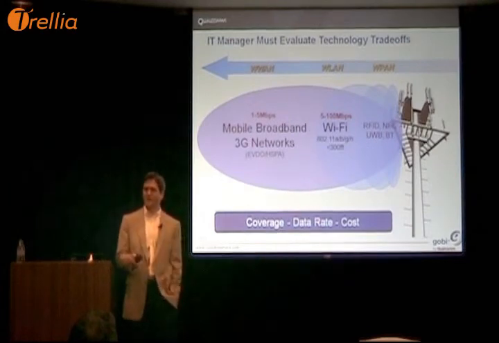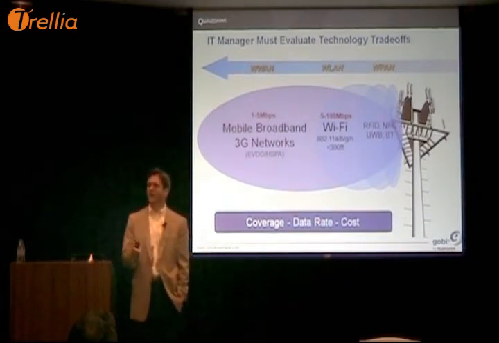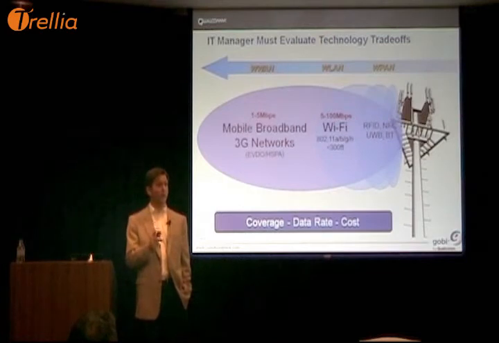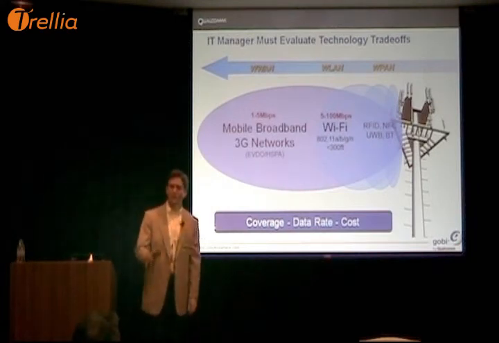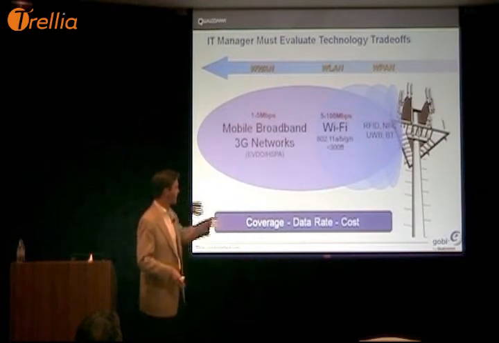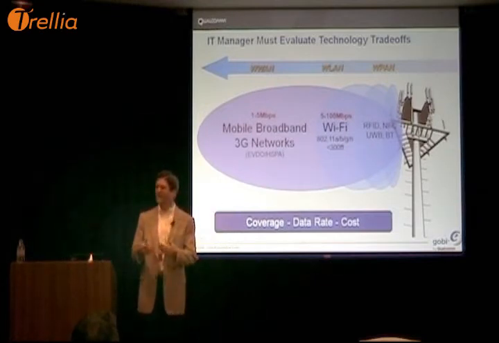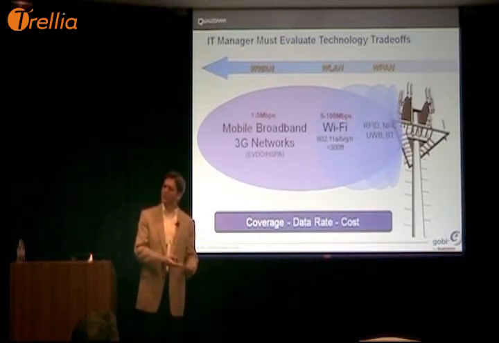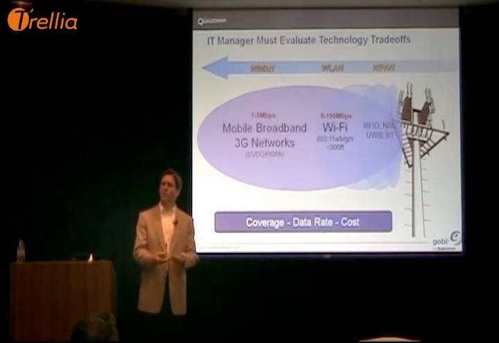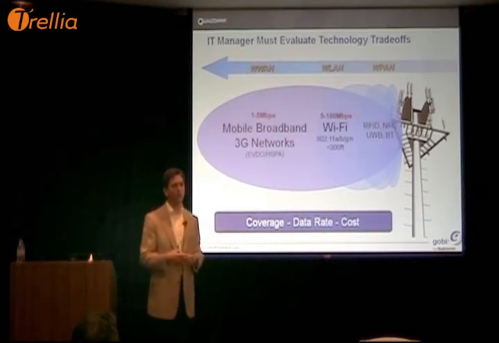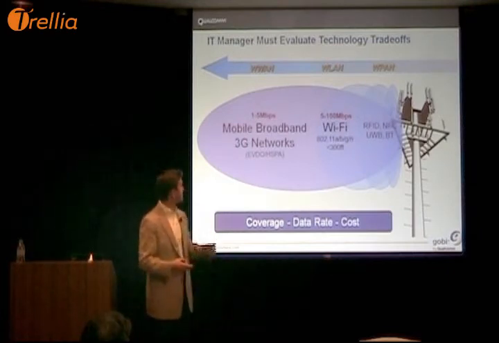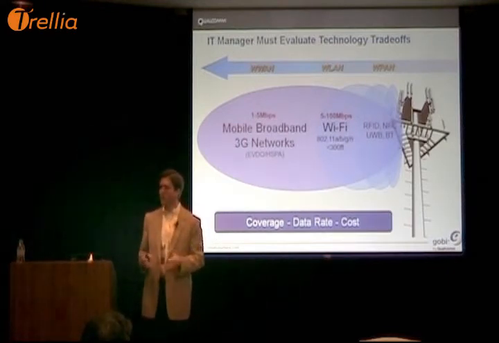The second trend I wanted to talk about is 3G becoming the choice for mobility projects. Historically, 10 years ago, this is a chart of wireless options mapped across 3 key variables: coverage, data rate, and cost. A decade ago, there was no 3G connectivity. Your only choice, untethered from, say, the Ethernet cable, was to go find a Wi-Fi hotspot. And the data rates have continued to increase for Wi-Fi. As 3G is rolled out, we now have 3G networks across the country, across the globe.